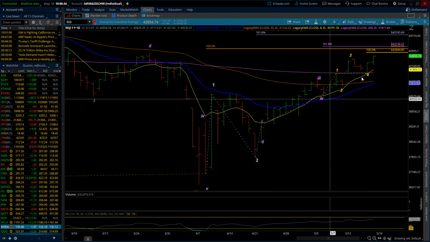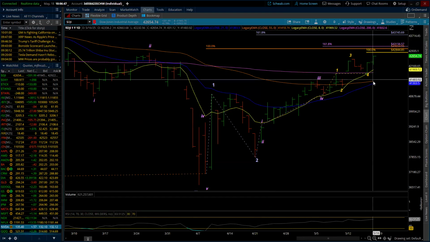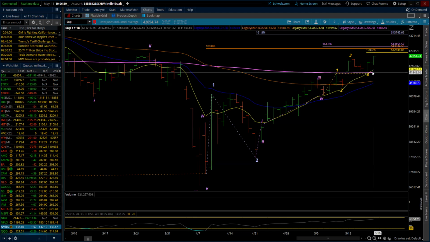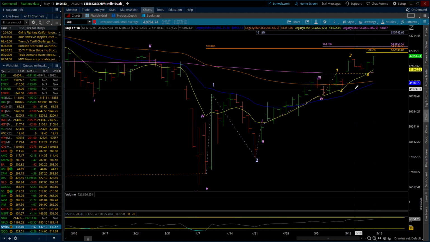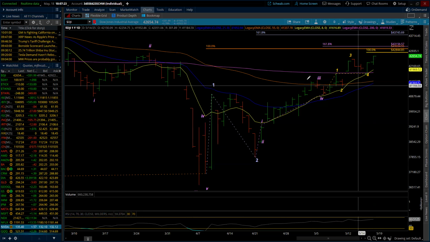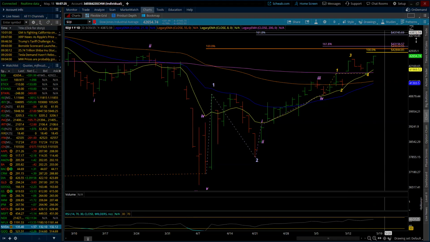But the only thing that's really gone above is the 8. The 20 is still working to get above the 50. Then it needs to get both of them above the 200 to give us that final push, or to assist in giving us that final push. If it doesn't, then you're going to be more certain that what we're finishing up there is, again, all of those waves, but the degree of that finish is going to start strongly. In other words, once we hit those highs, it's not like, oh God, we're breaking out. It's going to be, oh God, we're finished, and look at the decline that just started. So I'd be looking for something to kick in and be pretty strong. But again, let's wait to see where it is and how it's going to come in.